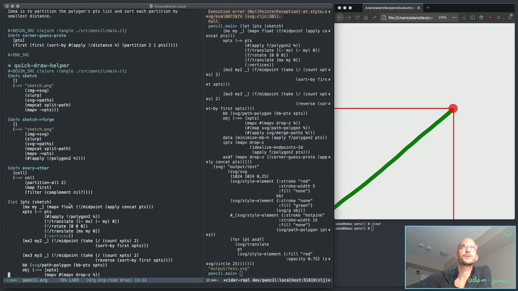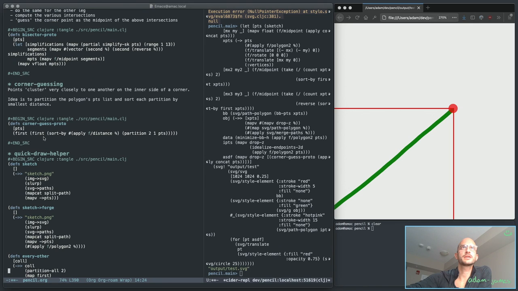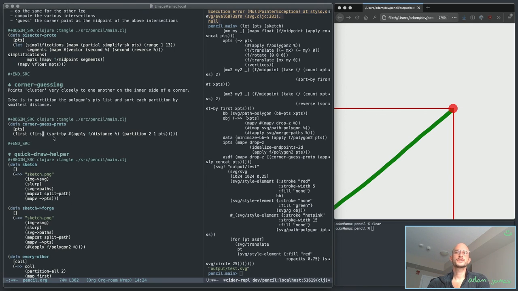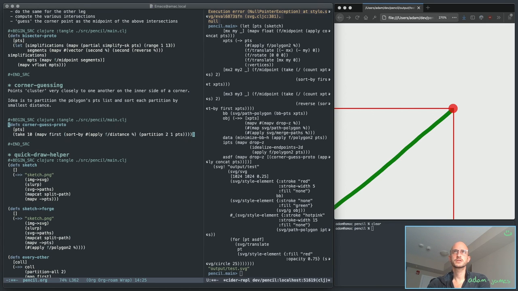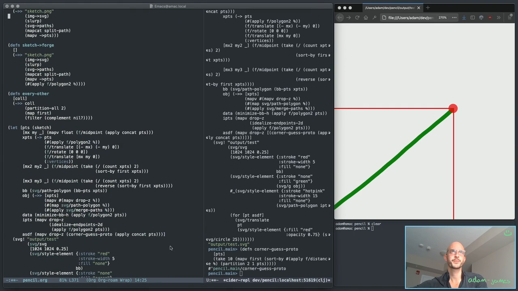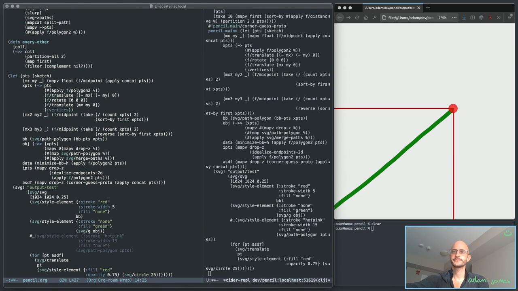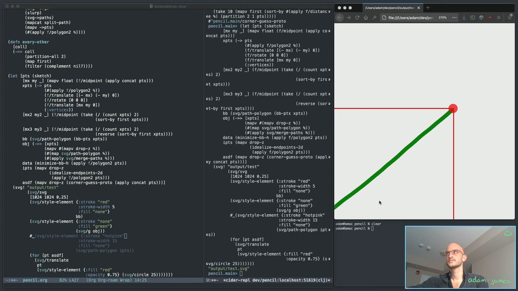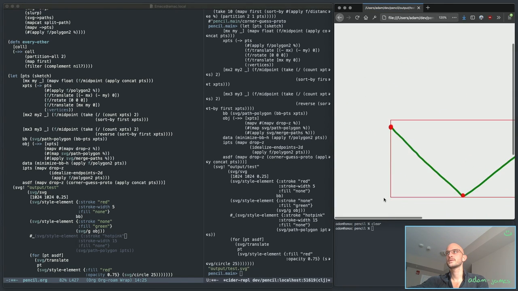change this corner guess proto for a minute. Instead of just taking this first, I want to take 10 of, map the first onto this whole thing. Will that work? I think that'll work. Let's go. Okay, so